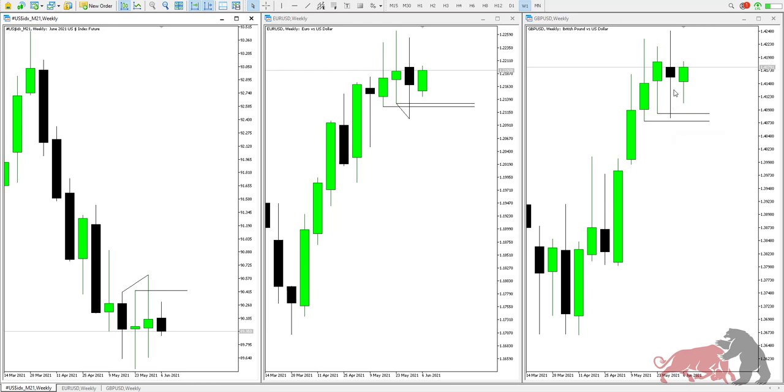So there was no distribution here, there was actually accumulation. So we saw pound accumulating to the upside. We saw distribution in euro. We saw distribution in dollar to the upside. That was a sign of weakness. So this week we could see a weaker dollar trading into discount, and we could see a strong euro trading into premium. We could also see pound trading into premium before we start looking for short positions. Now, coming back to